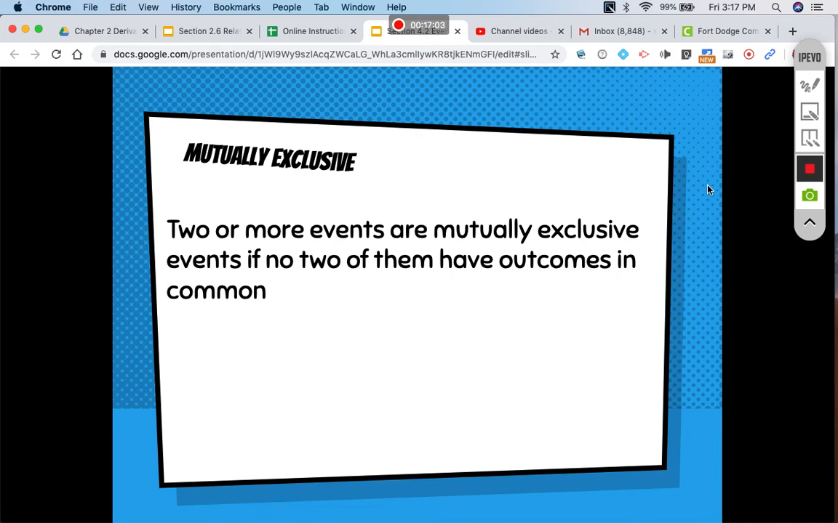Last thing we want to talk about with these, when we're talking about more events, is mutual exclusivity. Two events are mutually exclusive if no two of them have outcomes in common. As I say, when my wife and I got married, our CD collections were practically mutually exclusive. As I say, this was a long time ago. I think we might have had one in common, which means we actually weren't mutually exclusive, but,